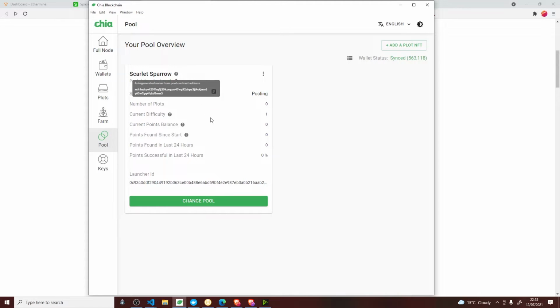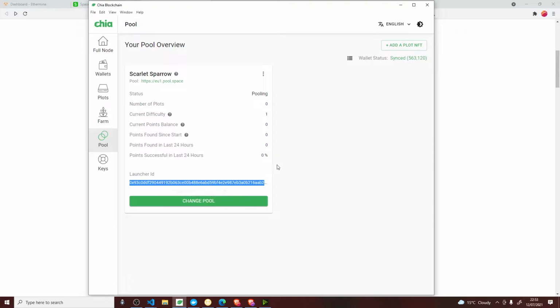Scarlet Sparrow, that's a good name. So there you go, I'm there. Number of plots is 0 because we haven't created any yet. So there you go, this launcher ID, if you click there.